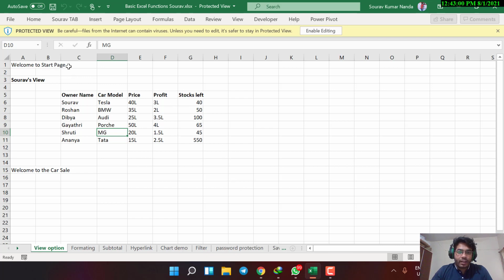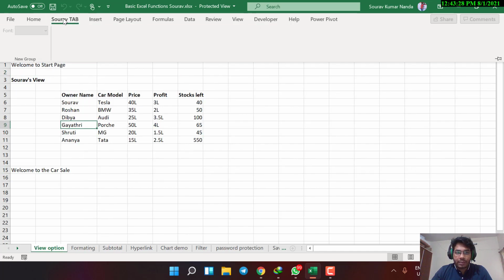Okay. So whenever you open a file like this, you'll first see something like this where it shows enable editing. This is because whenever we open any Excel sheet, we have a lot of financial data, something which can be manipulated easily by just a click like this. So that's the reason it is by default disabled, so that no one can edit it unless you click on enable editing. You can just view everything here at first.